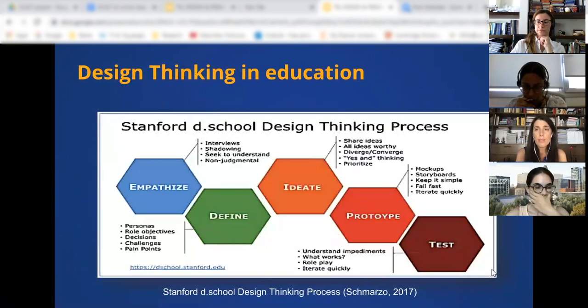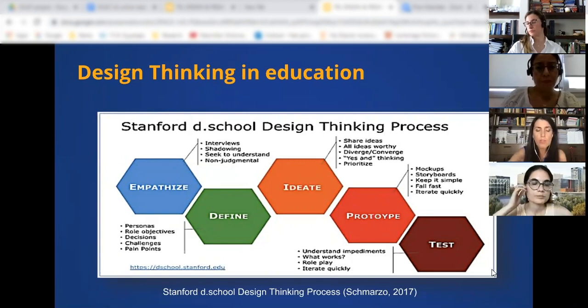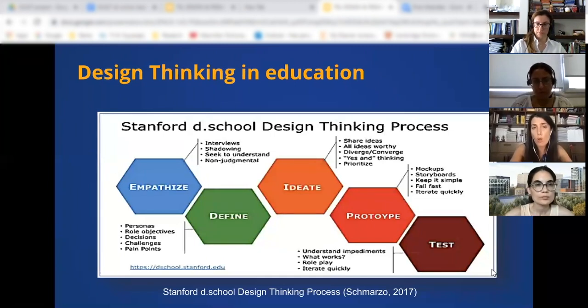So let's go to the next one. One interesting finding is this one, the design thinking that, as you see here, is used at Stanford. One of the strong and positive things about Stanford, as I found, is that it has introduced design thinking in almost all its courses. As you see here, we have 5 different